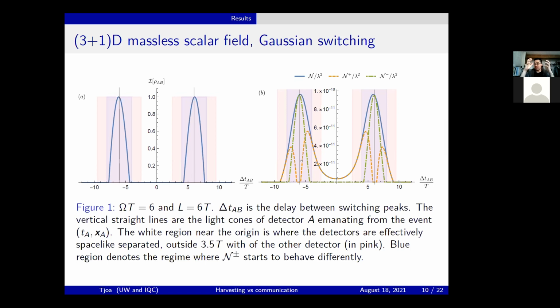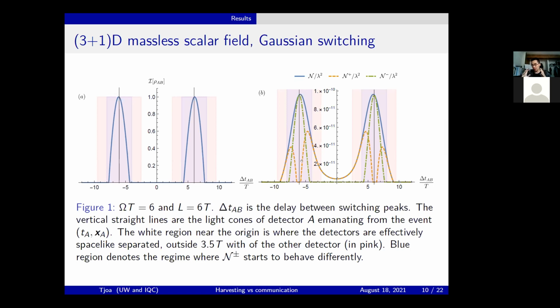The harvested negativity basically just disappears, and this is the reason why. So this answers the original question: does the communication simply add on top of the entanglement? And the answer is no, because in this case, for a massless scalar field in 3+1, what happens is